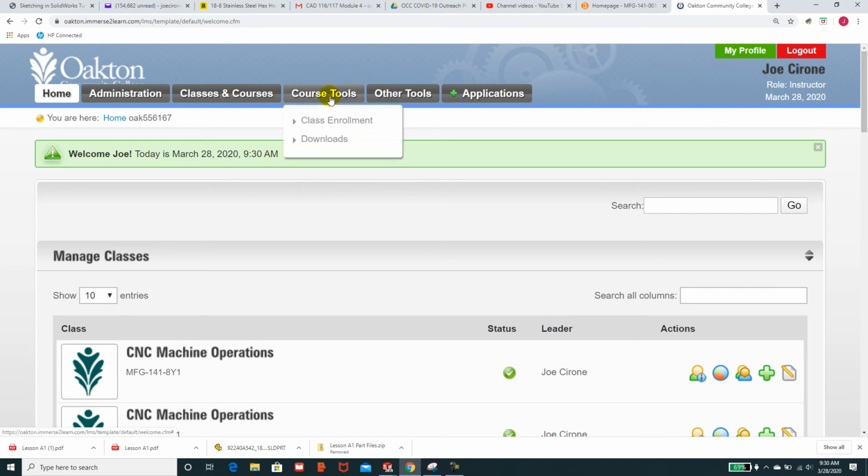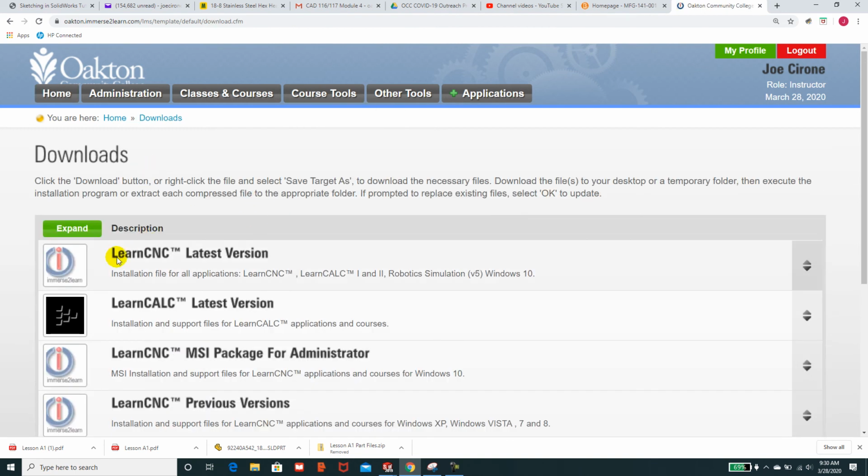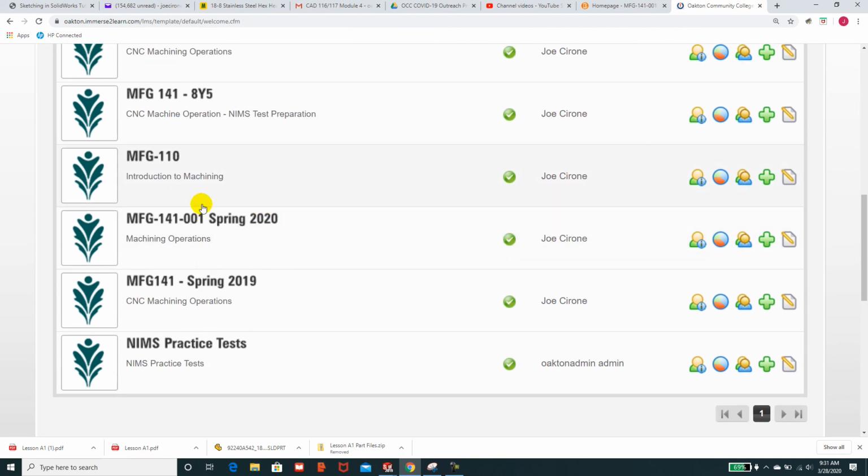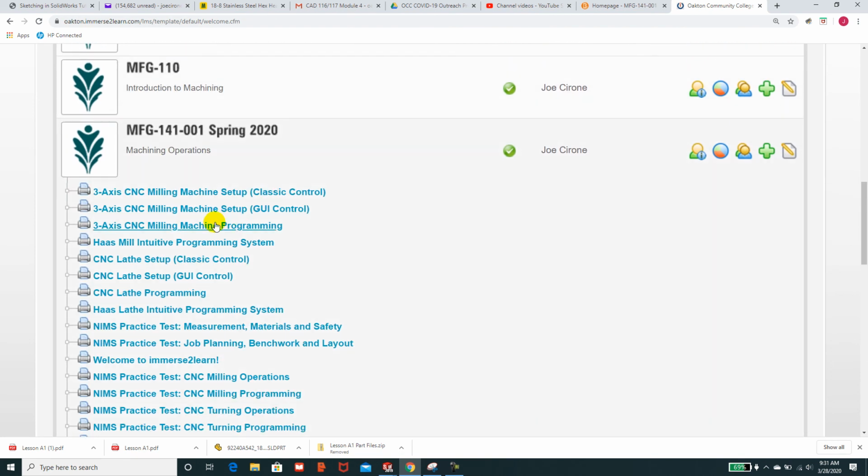To download the software so that you can use the simulators, there's this link, Course Tools, and you select Downloads, and then download this Learn CNC latest version, and it will install the simulators for the use of the software. And then once you have the simulators there, you can run through the course curriculum like in programming,